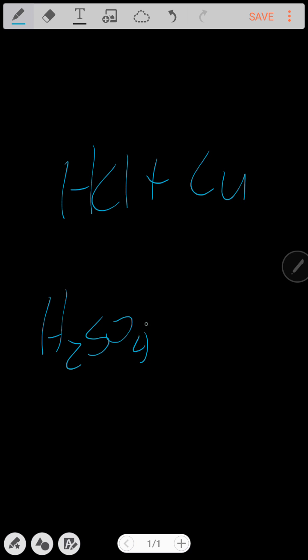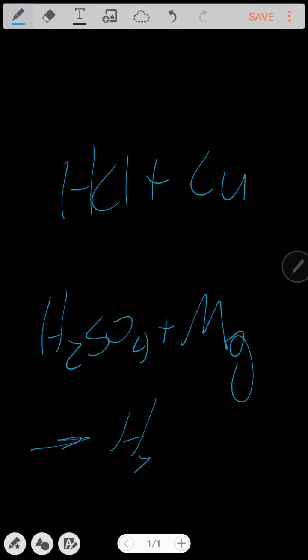Number 5, know the 4 different reactions that acids have with different metals. Number 1 is if I have an acid with a metal, this is a simple metal, not bonded with anything, so if I have HCl plus Cu, or H2SO4 plus Mg, I have an acid and a metal. What are my products going to be? I'm going to have H2 gas, they're going to be bubbles, plus whatever salt I'm going to get. All right, so in the first one I would have copper 2 chloride maybe, and the next one I guess magnesium sulfate,